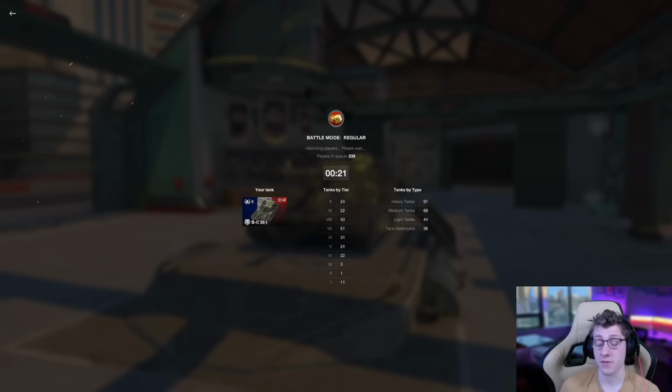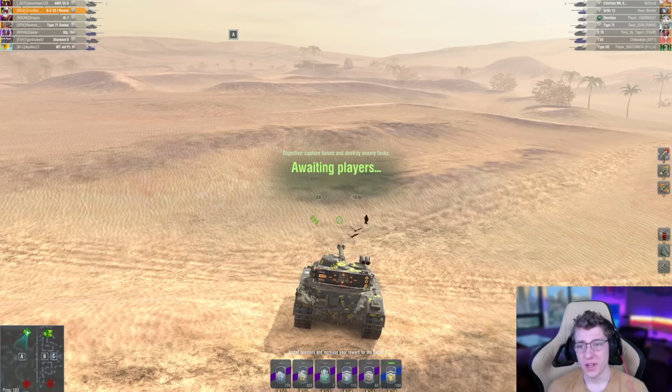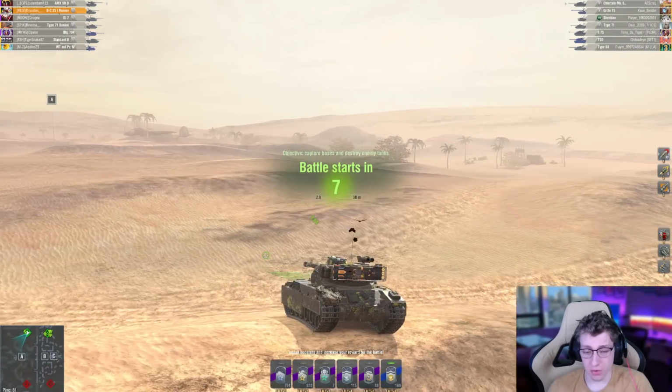There are some arguments for vents, because it does buff a lot of base stats. It's just like running an additional food, but at the same time, it's not that important that you need all those stats. View range is really the only one that I would say is super important. So, here we are in our first battle. Up against us, we have a Sheridan, and that's about it for mobility, so that's actually quite good. We also don't have any...